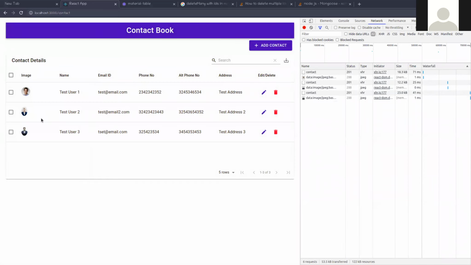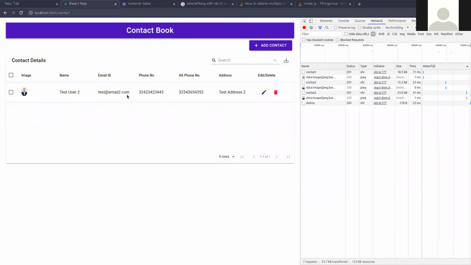Okay, so now just select these two and delete. You can see that 1 and 3 have been deleted. So this is still working.